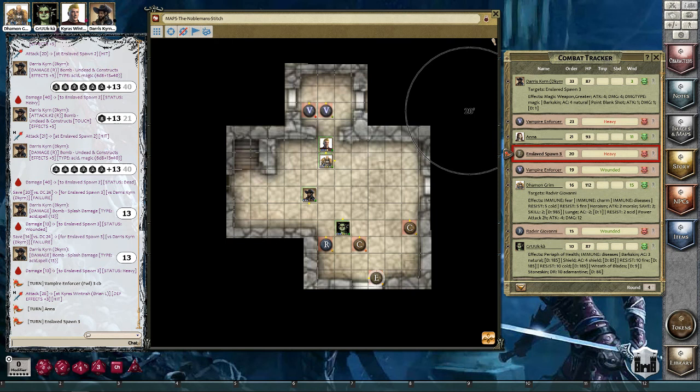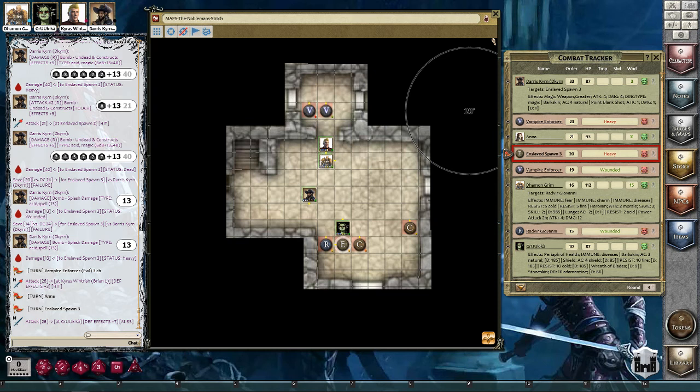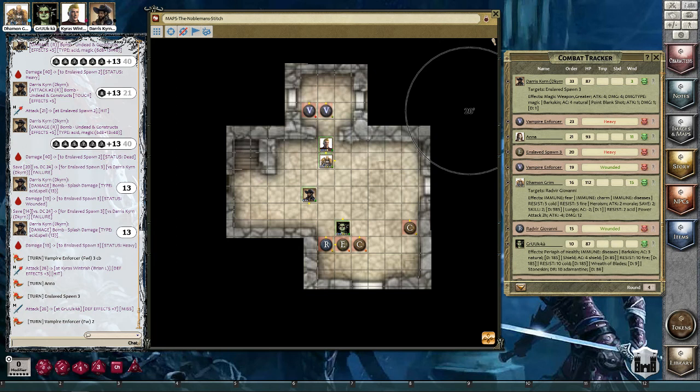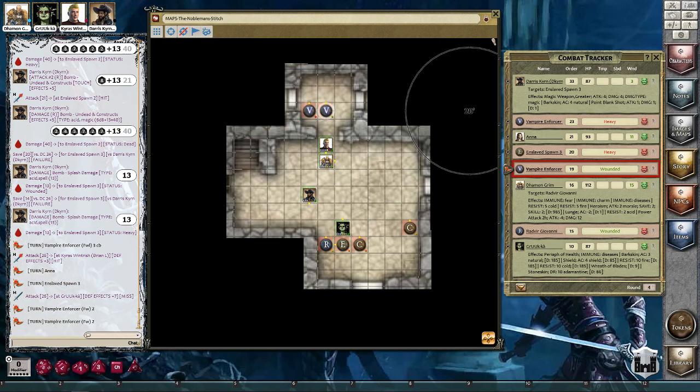And enslaved spawn number 3 is going to move up and try to slam into Gruka. He goes within 30 feet of me, so he takes 12. 12 damage, so that would be... And still in the game, but he missed Gruka. Vampire Enforcer is, and he would take the 12 damage now. Correct. So that's...